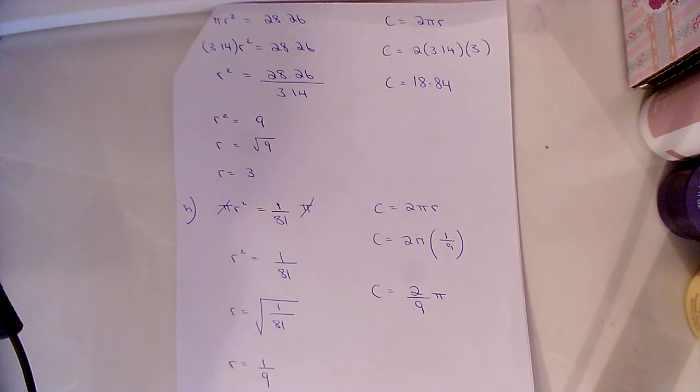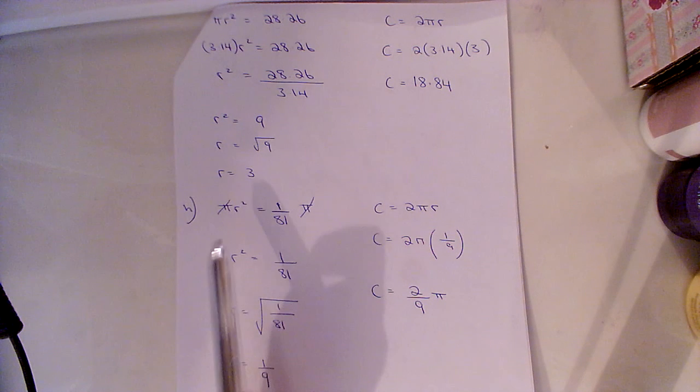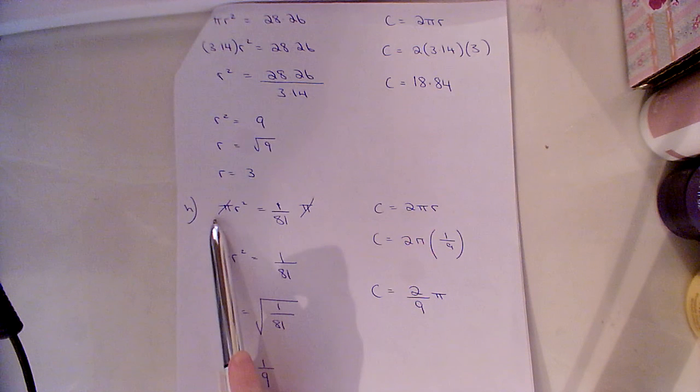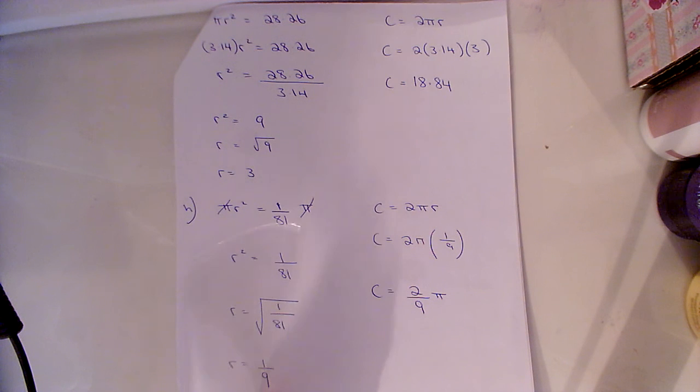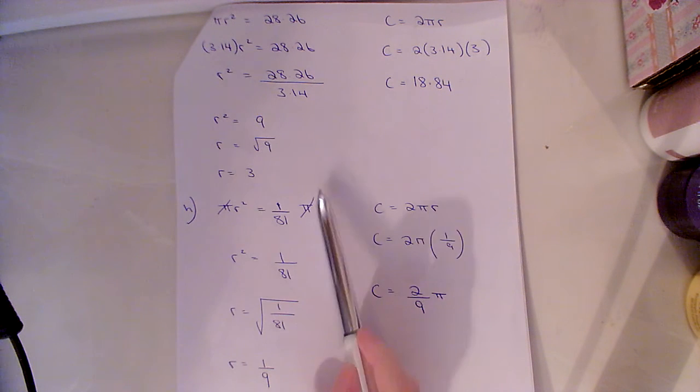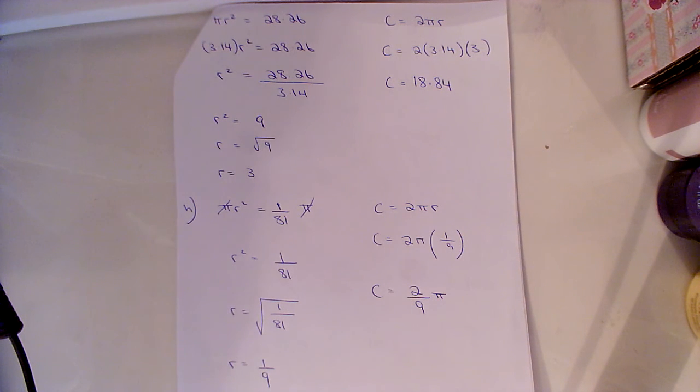Okay, so now we're actually on to sectors. So for question 3i, I was given the length of the arc. So the length of an arc is actually using my formula, and I was told that's 7 pi. So the formula I use is theta over 360 times 2 pi r. My angle in this question is 60, so I have 60 over 360 times 2 pi r is equal to